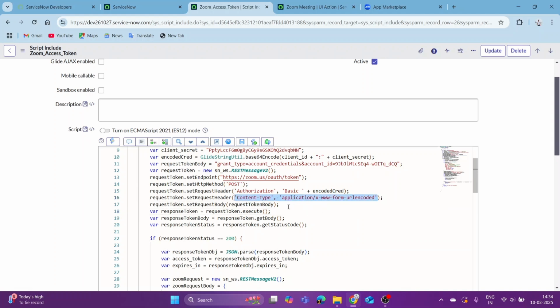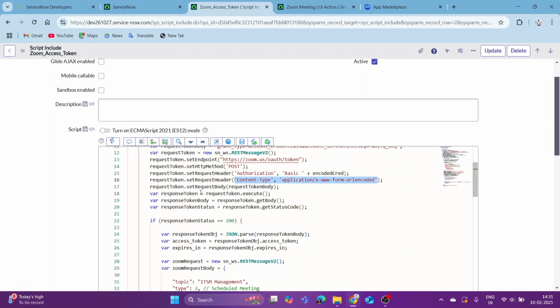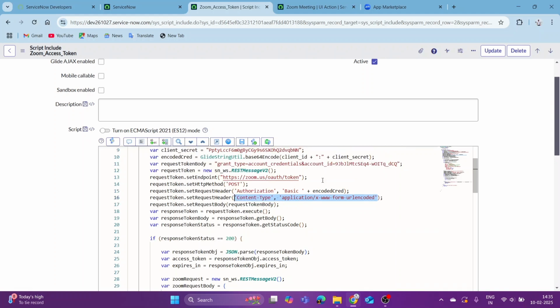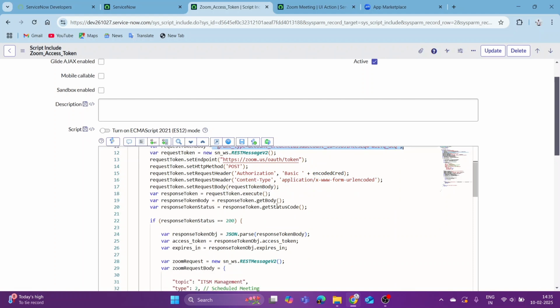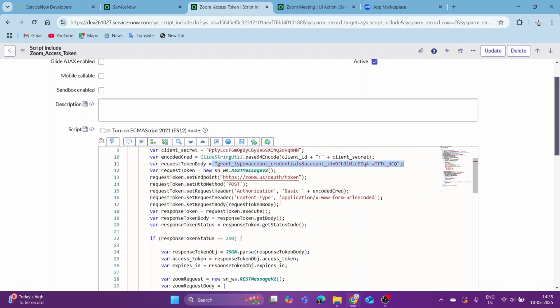I just need to copy paste, and then we will pass the request body. As our request body is already in a string format, as you can see, we don't need to convert it into a JSON string. I will just pass the same request body over here in set request body,